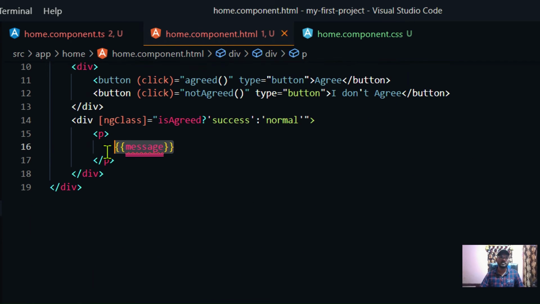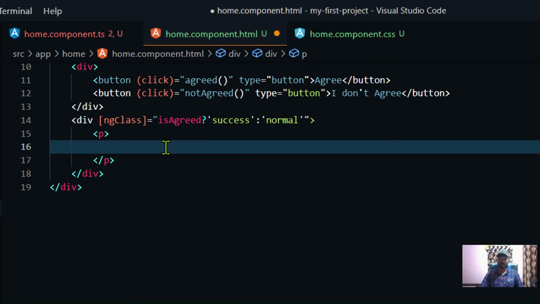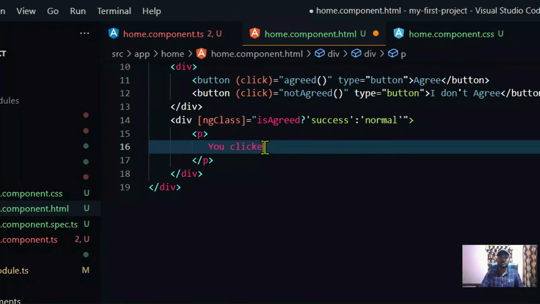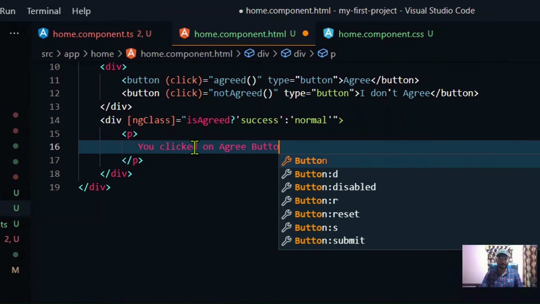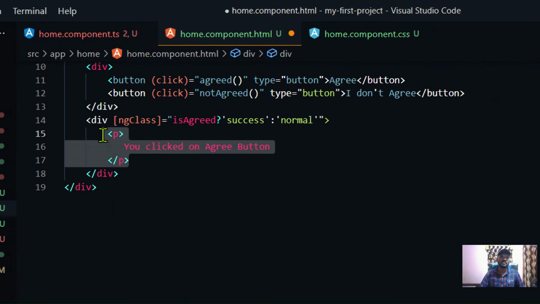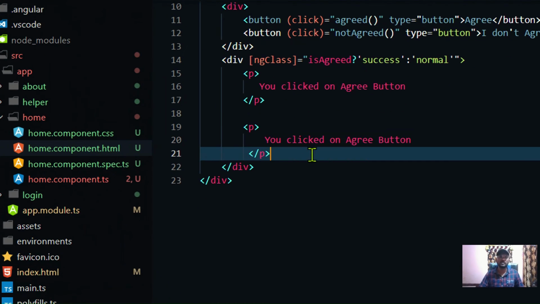It will be complaining on the HTML tag, so just remove it. And now here just print something like you clicked on agree button. Okay, and also I'm going to create another paragraph tag by just copying it inside the same division,